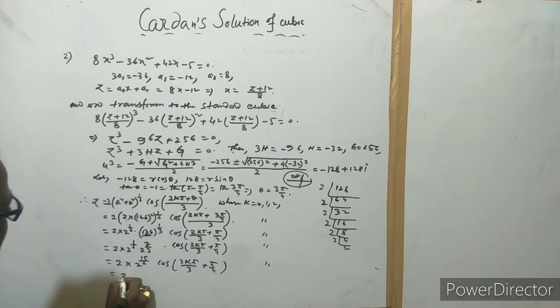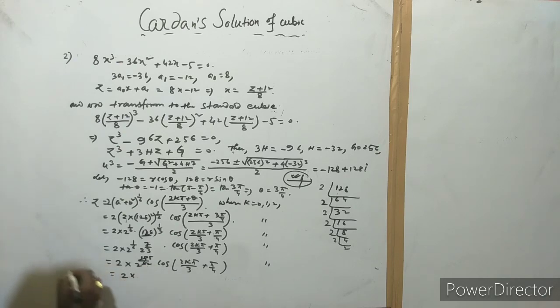Okay, and 2 to the power 5 by 2 means 4 root 2. So this is 4 root 2 into cos of,